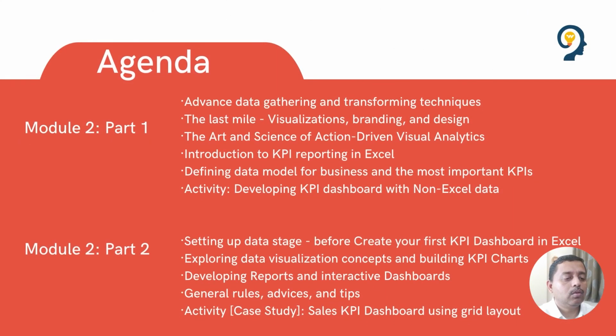So just to summarize, in this entire module we have talked majorly about the KPIs, how KPIs work, how KPIs are transformed, and how KPIs are visualized. That's from the Excel self-service BI perspective. We did some good activities in terms of data coming from non-Excel sources, JSONs and all, and how to display it in Excel and then take it forward to the next level. So these are the things that we wanted to discuss in module 2 of this training program.